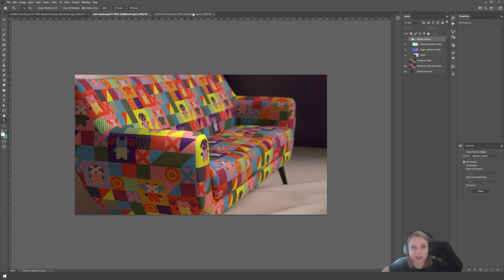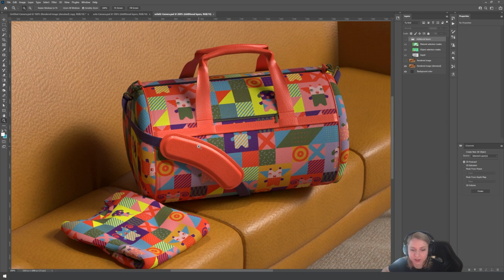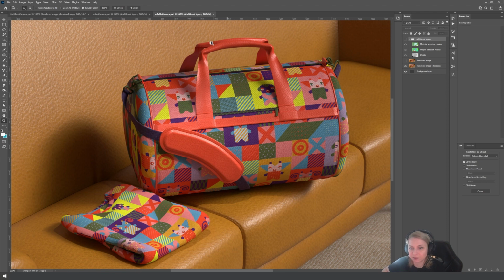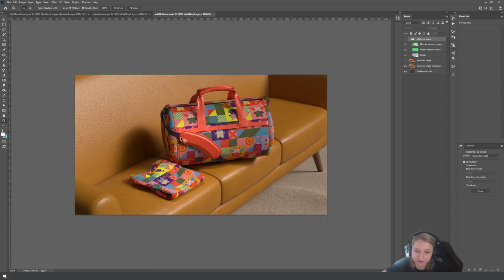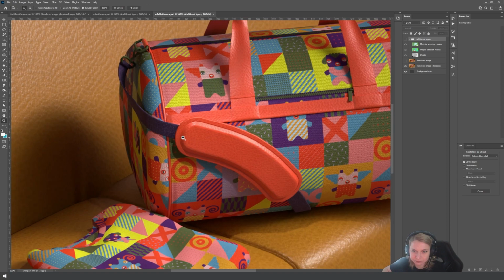What I did after this is that I actually created a different product. This is a duffel bag that comes with a stager, and you can just texture it the way you like it. So you can just try the fabric material that you created. You can see all the nice fabric details and everything.